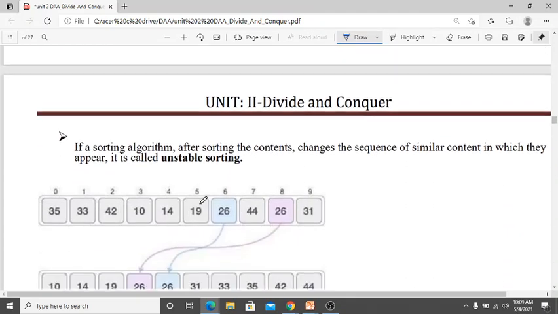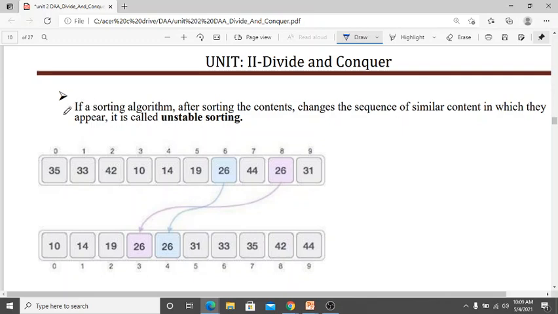Next, unstable sorting. If a sorting algorithm, after sorting the content, changes the sequence of similar content in which they appear, it is called unstable sorting. Example, the same example is here: 10 elements from 0 to 9, 35, 33, 42, 10, 14, 19, 26, 44, 26, 31.